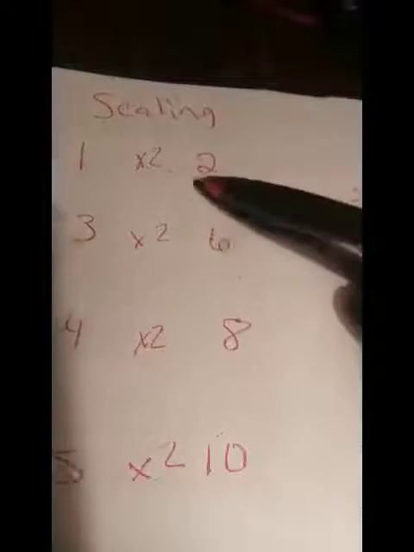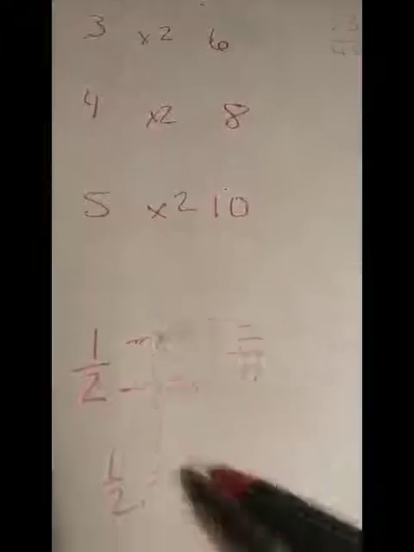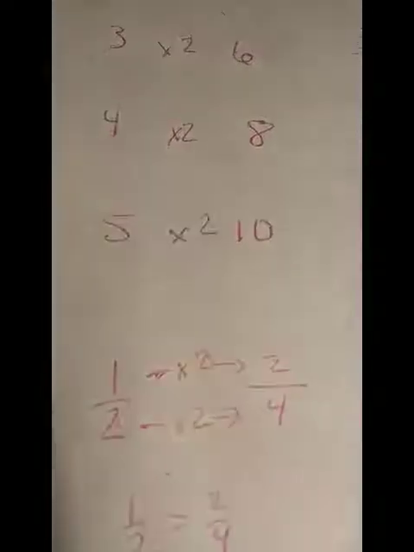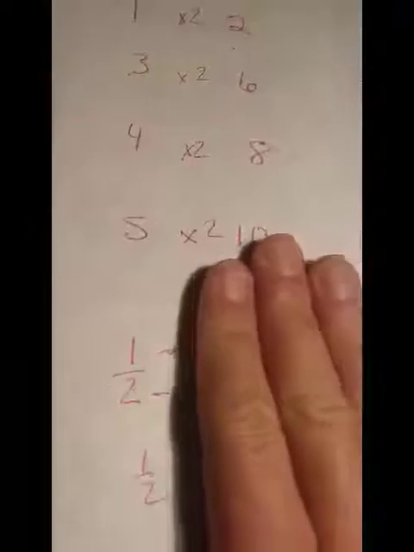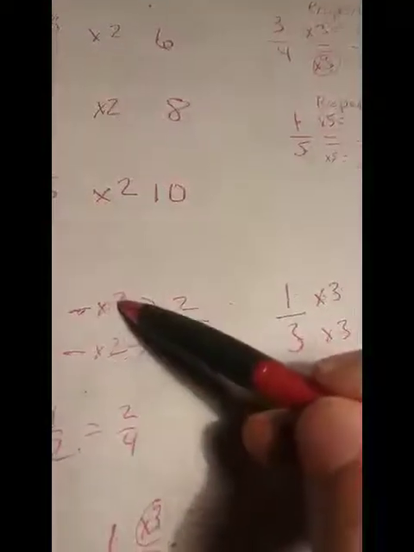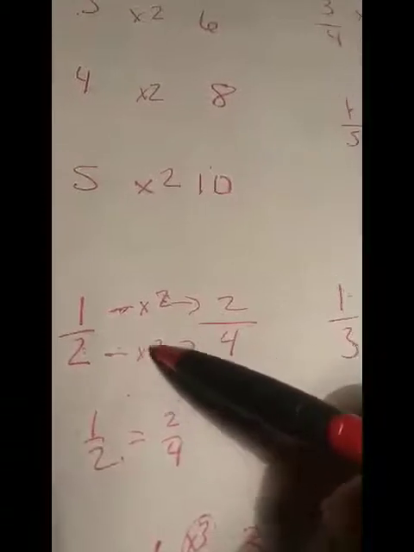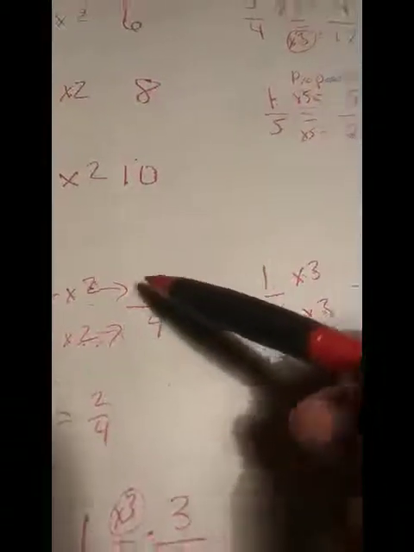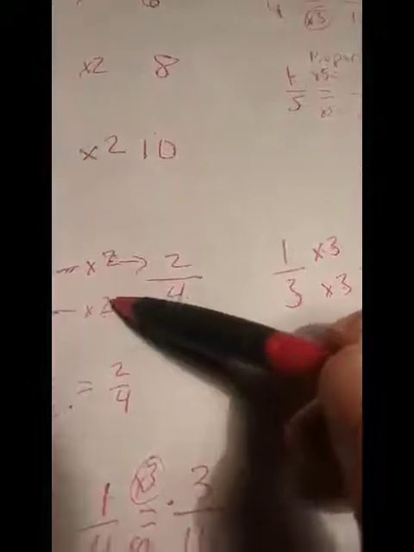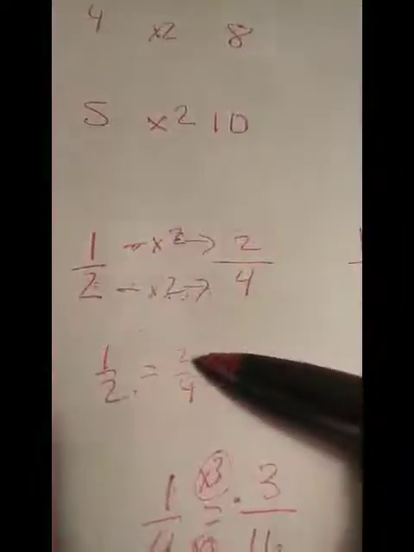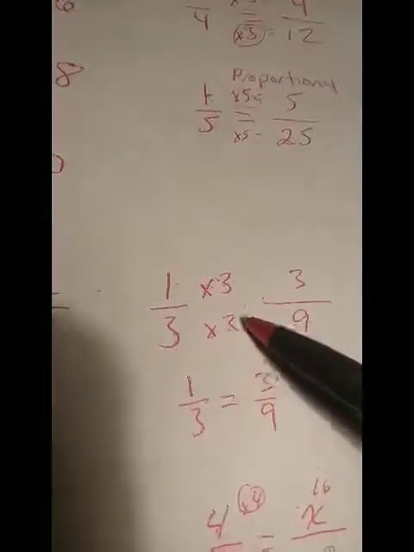Okay, so let's remember, we can do our single numbers. It's what's called scaling. We know 1 times 2 is 2, and so on and so forth. So we're going to do some easy fractions. We start out with a fraction that we have, 1/2, and if we multiply the top by 2, we'll multiply the bottom by 2. So to make them proportional, you have to do the same thing to the top as the bottom. And so we decided that 1/2 is proportional to 2/4. Same thing, 1/3, if we multiply the top by 3 and the bottom by 3, it equals 3/9. So we concluded that 1/3